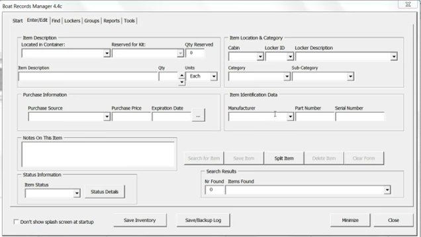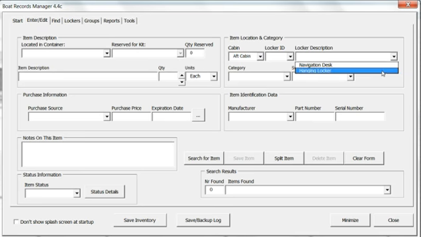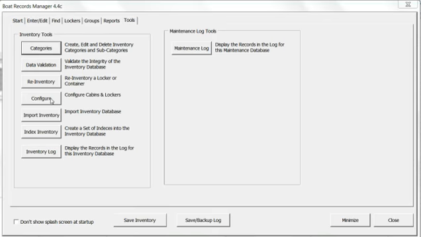Now if I go back to the Enter Edit, the data entry page, I can look up here, and I've got a cabin defined in this page, so I can start adding inventory items, and I've got the 2 lockers defined. At some point in time, I may be ready to add more lockers and cabins to the configuration, and that's easily done by just going back again to the Configure tool,